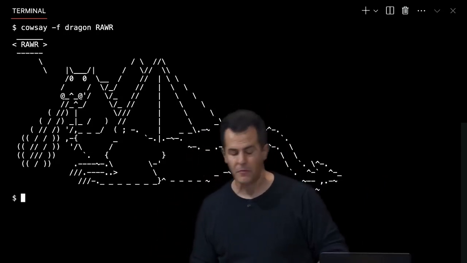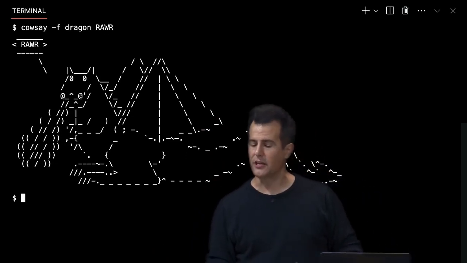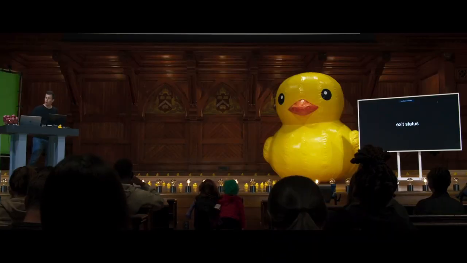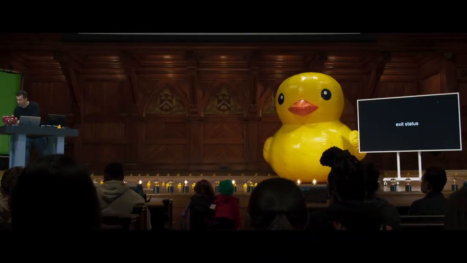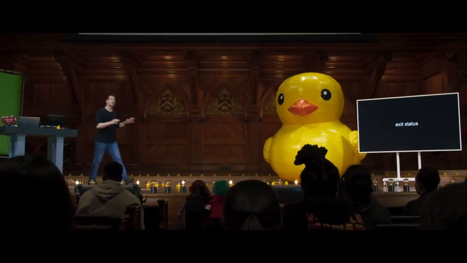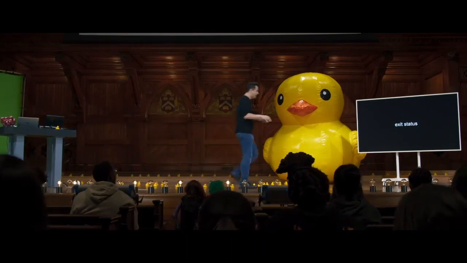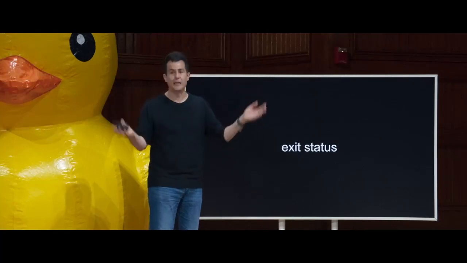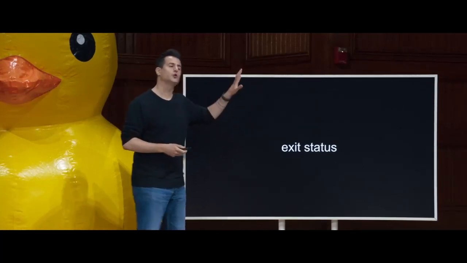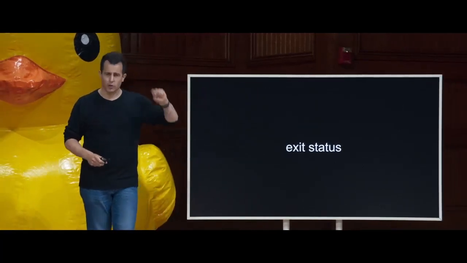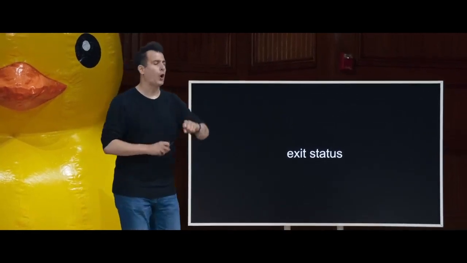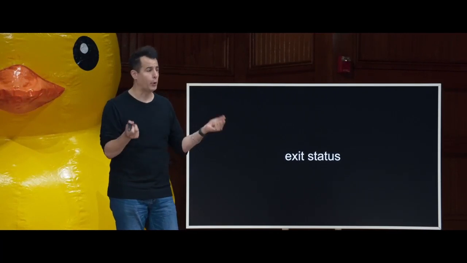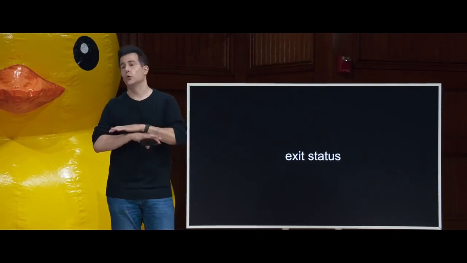But there's one other feature we wanted to introduce you to today, which will be a useful building block, and will also reveal one other thing about the code that we've been writing. It turns out that all of the programs we've been writing thus far eventually exit, because you see your prompt again, unless you have an infinite loop such that it never ends. But eventually they exit. And secretly, every program we've written thus far actually has what's called an exit status. It's like a special return value from the program itself that by default is always 0.